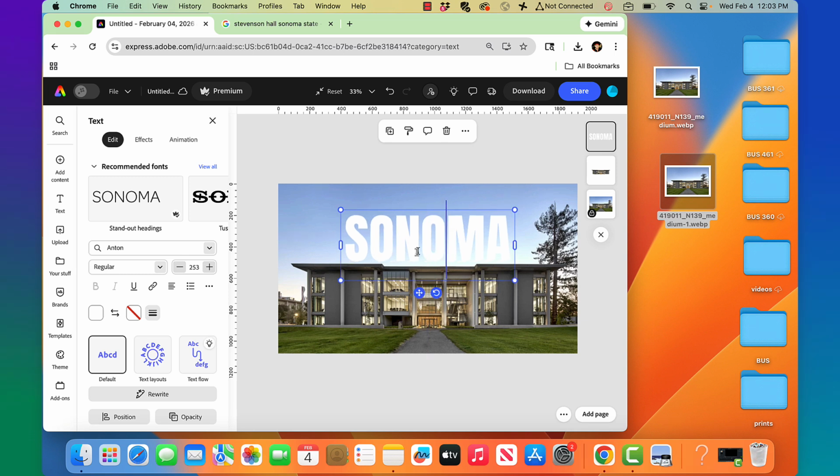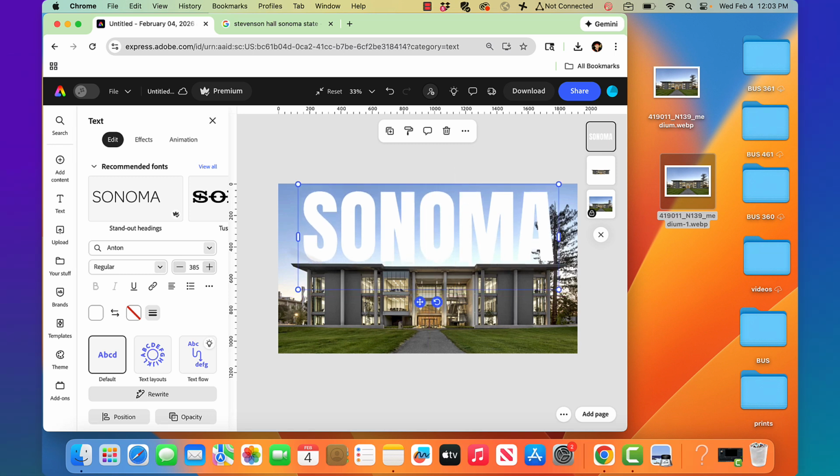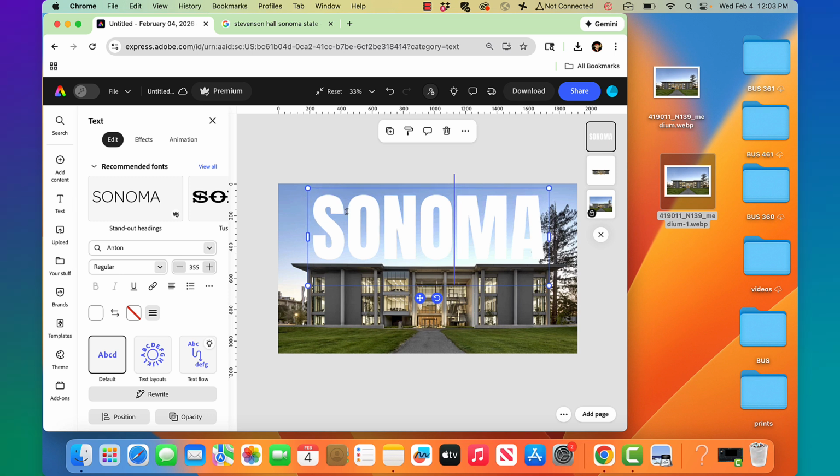I think it looks kind of good if the letters go over a little, just up until the edge. All right, so it has to be in the sky above it actually, so you can't go too big, but all right, so